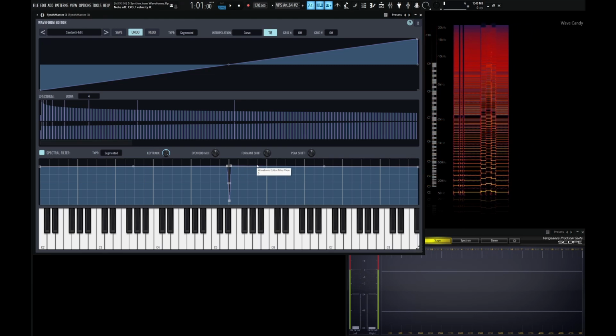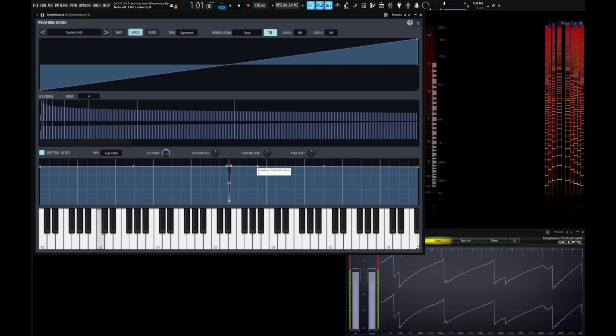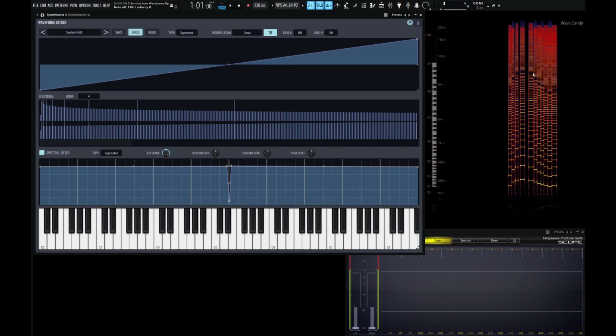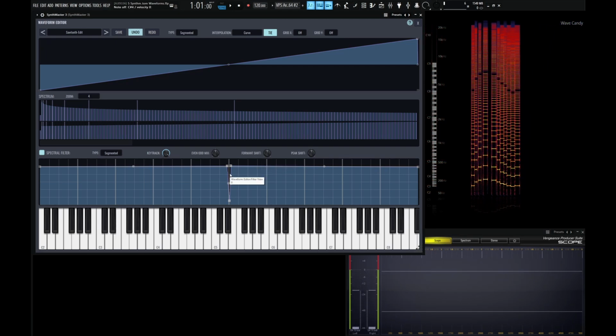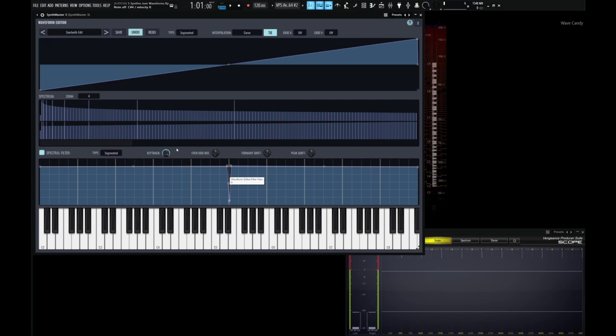So now you might have noticed is as we play on our keyboard and play different notes, this changes as well. So this filter is actually moving according to the notes that we play in our keyboard. Now this has to do with the key tracking. So if we turn this all the way off and maybe open this up just a little bit like that here,